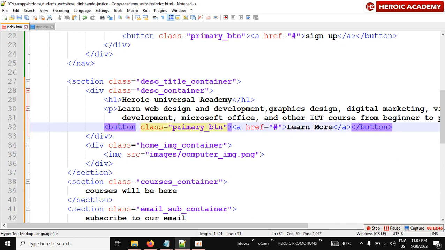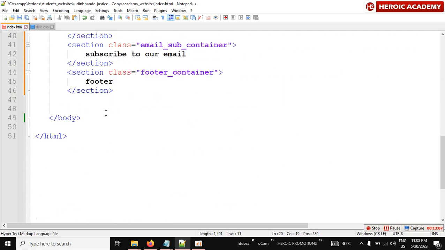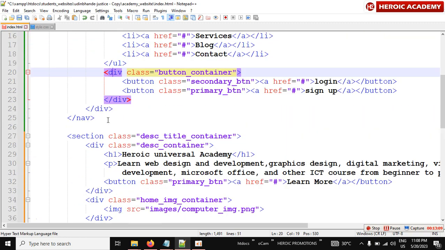And another thing, always when you open a tag, do not forget to close it. You open a tag, you close. You open a button, you close. Open div, you close. Open h1 or h2 or whatever, you close. Don't forget it. Okay, once you learn how to indent your code like this, the way I just organized your code right now, once you learn how to do that, then